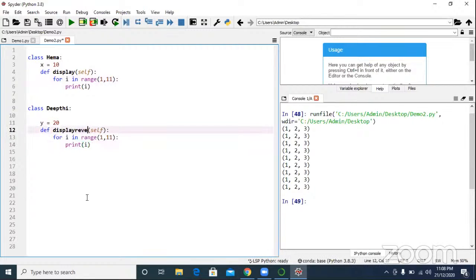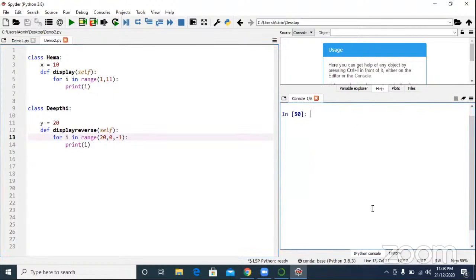So display reverse. What is the function name? So 20 comma 0 comma -1. What does it mean? Where will the for loop work? Where will the for loop start?